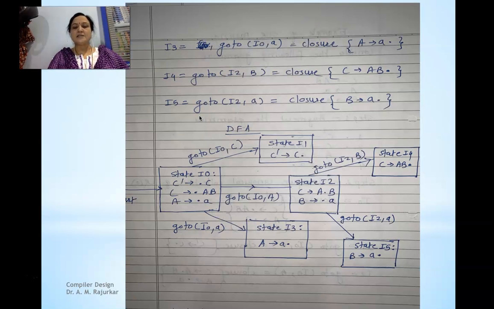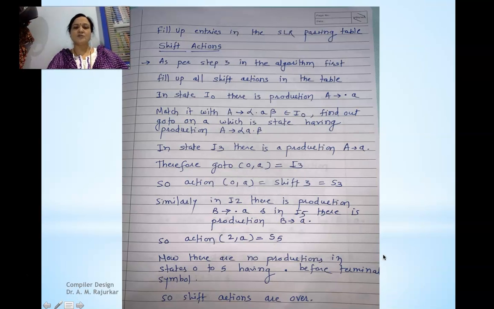Similarly, see whether there is any state in the DFA where a terminal is there after the dot. In I1 we don't have any production where a terminal is after the dot. In I2 the first production no, but the second production yes, we are having a terminal after the dot, which is going to lead to a shift action. Where does the shift go? On goto(I2, A). Where is the transition going? The transition is going to I3. So B tends to A dot, where the dot is getting shifted after A. So this is going to lead to the shift action.